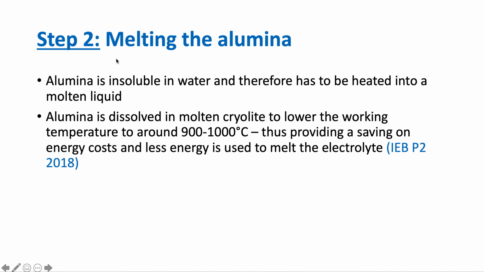Now let's look at the second step, and that is melting the alumina. Now, as we spoke about, alumina, its formula is Al2O3, and it's insoluble in water and therefore has to be heated into a molten liquid. Now, the reason why it has to be heated into a molten liquid is because it's